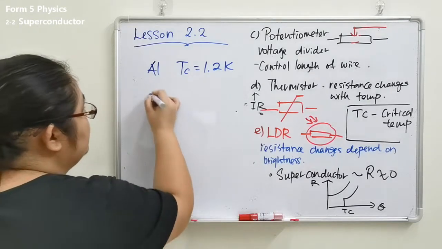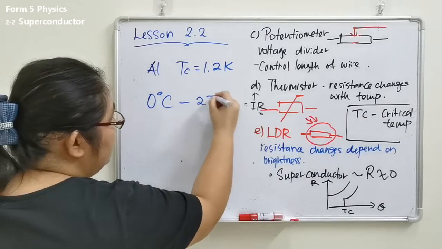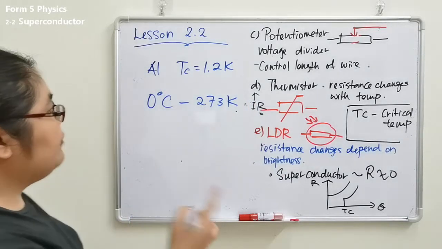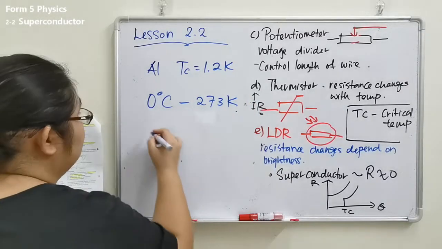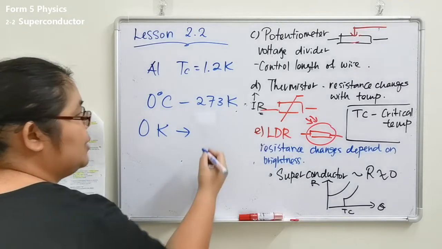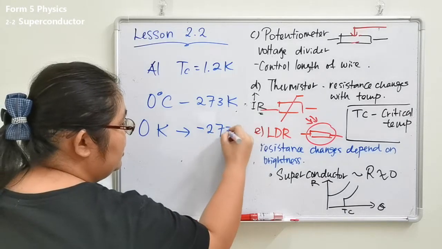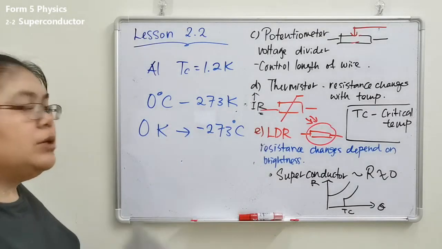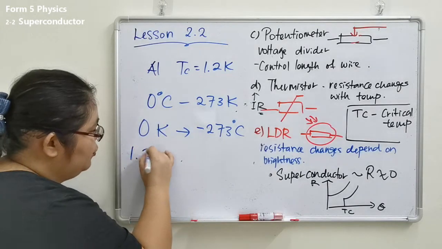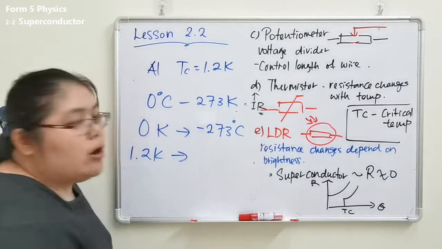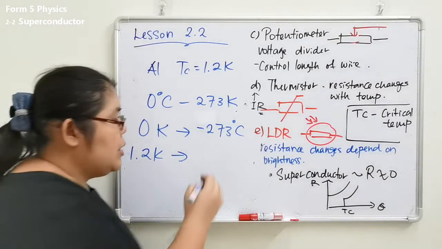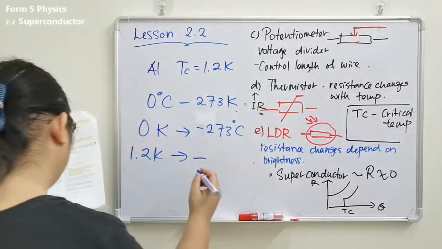Before that, 0 degrees Celsius is 273 Kelvin. Agree? After that we go and change this. Now 0 Kelvin must become negative 273 degrees Celsius. So this is the info we know. Now your Kelvin is 1.2, so I want to convert to degrees Celsius. It means you need to subtract 1.2. So your answer is negative